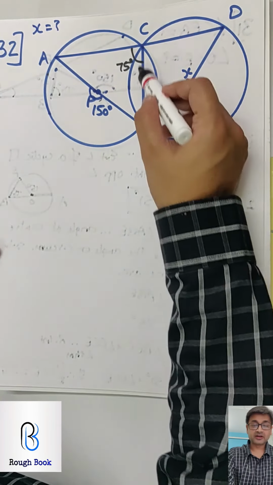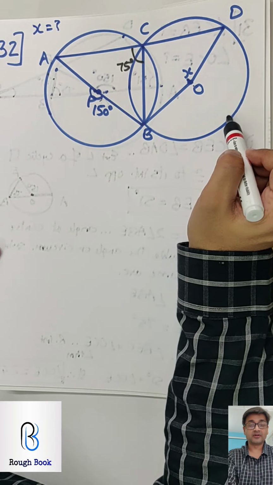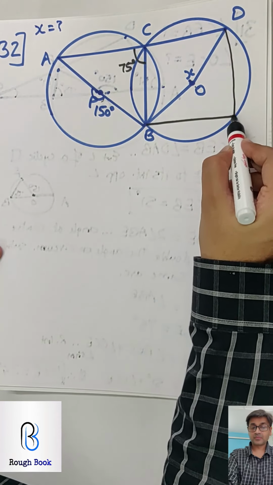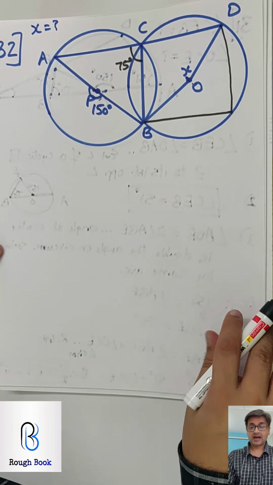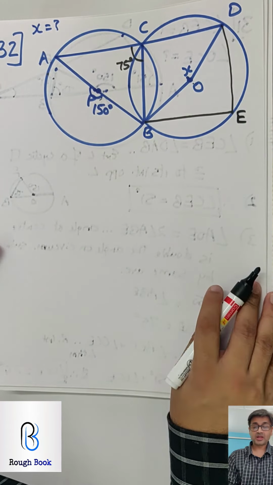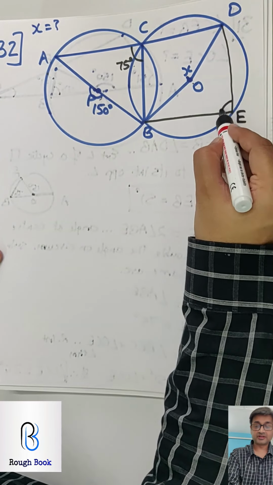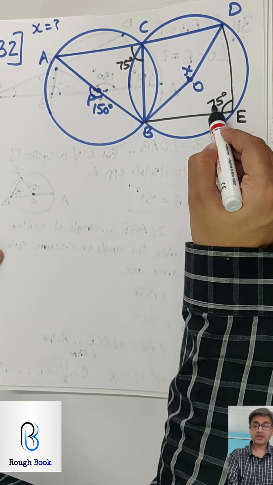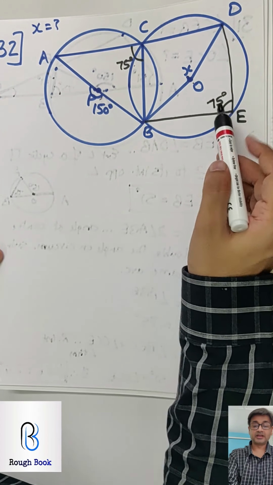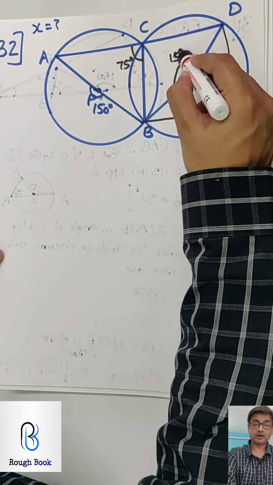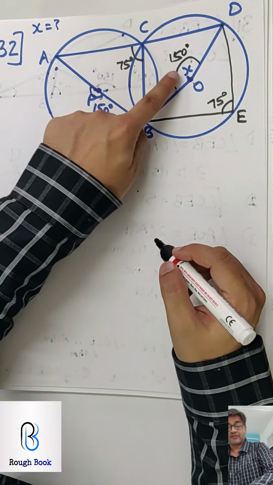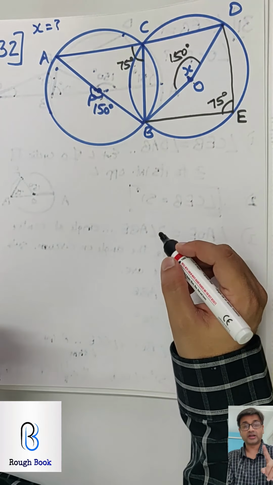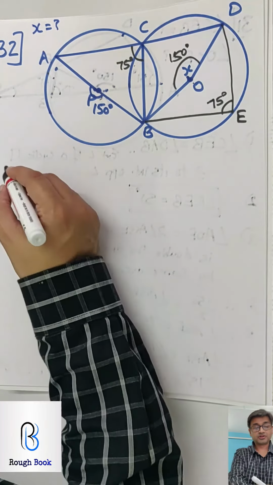Because this is not a cyclic quadrilateral. Can you see O is not on the circumference? So what you must do is create a cyclic quadrilateral by joining these 2 points and call this point as point E. Now I can say this is 75, so this is 75. Exterior angle equals to interior opposite, and then angle at the center is double the angle on the circumference, so this will become 150. So if you've written this 75, it's wrong. Are you getting it why it's wrong? Because this is not a cyclic quadrilateral, right? So chalo, let's hit it.